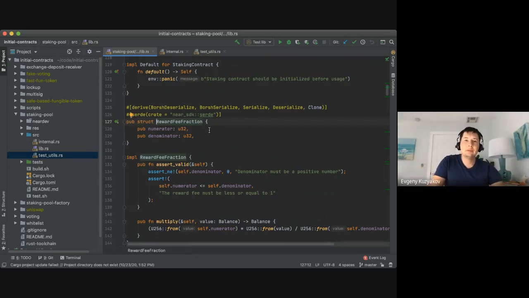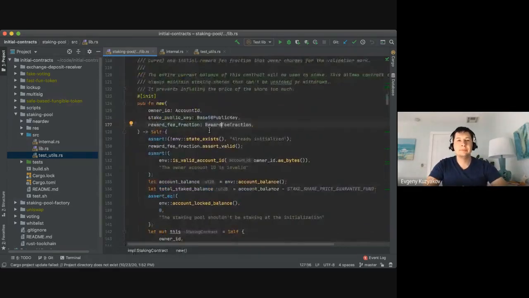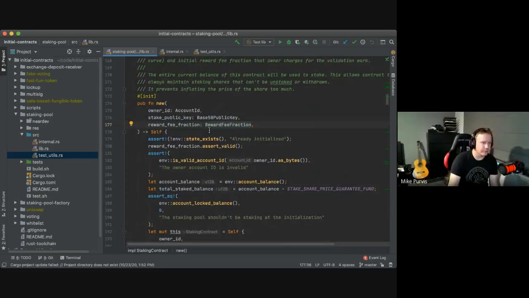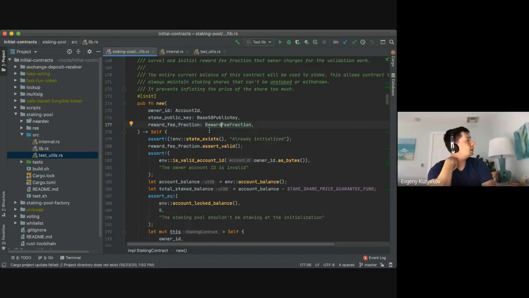Can I ask a quick question? Yes. So I've heard this in Discord before, people wondering about using floats. And maybe can we talk a little bit about why we have a numerator and denominator for this kind of percentage stuff? Right. So floats have an unpredictable behavior when you multiply them and act on the floats,